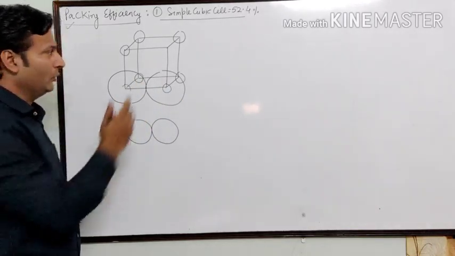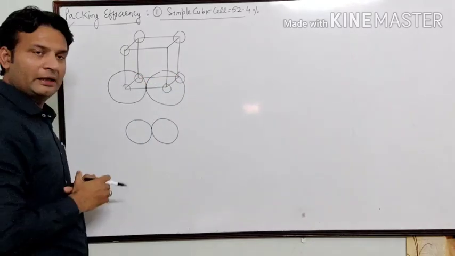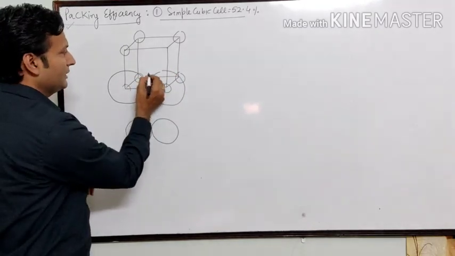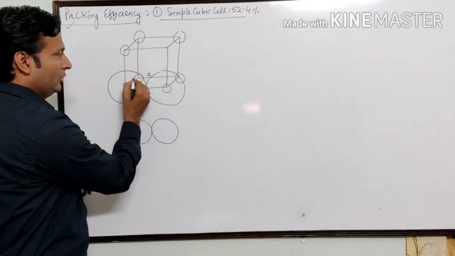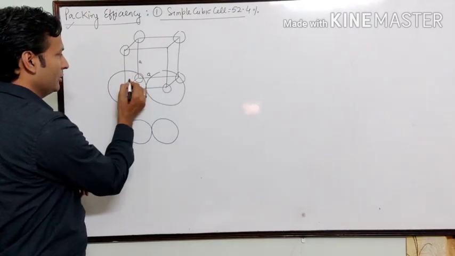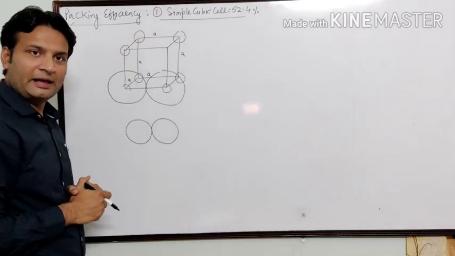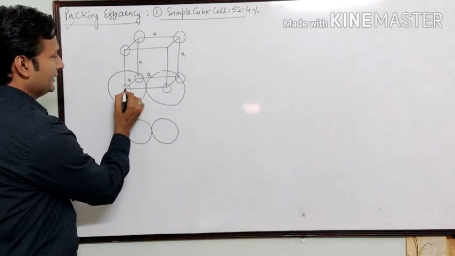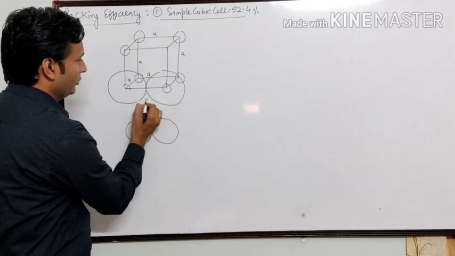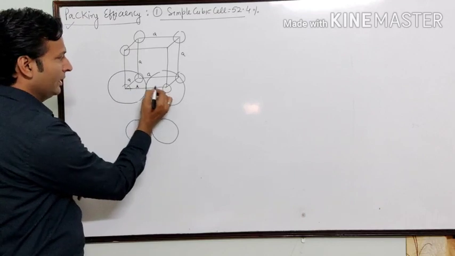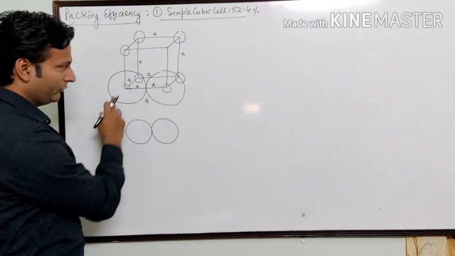Now in a cube all the edge lengths are equal, that is A is equal to B is equal to C. Now I can consider edge length as A. तो ये भी A है, ये भी A है और ये भी A है. It means all the edge lengths can be considered as A. Now what is this? This distance is also A, but it is R radius of this sphere and this is also R radius of this sphere.